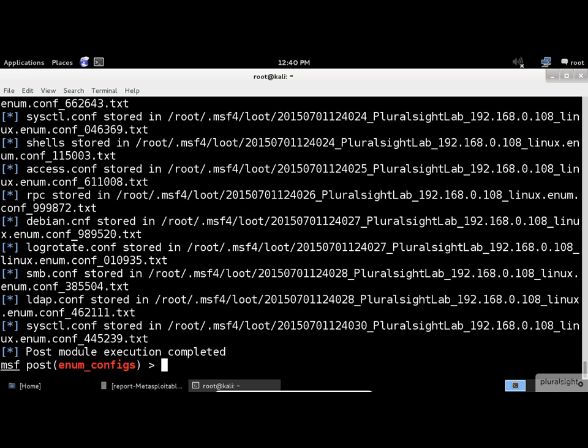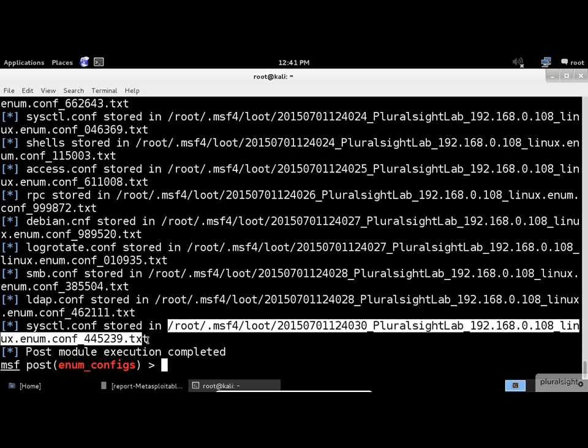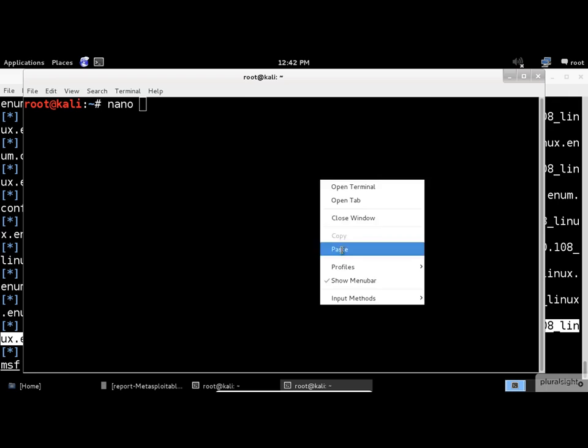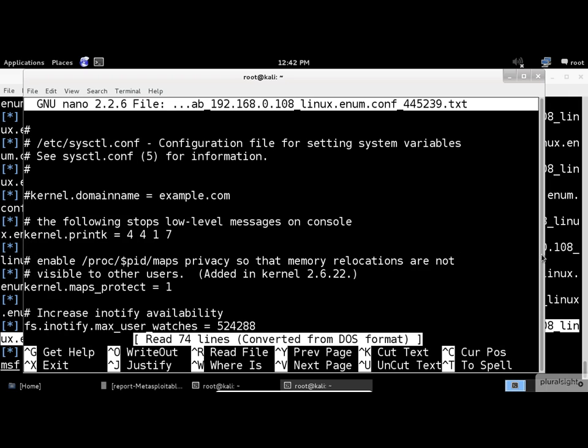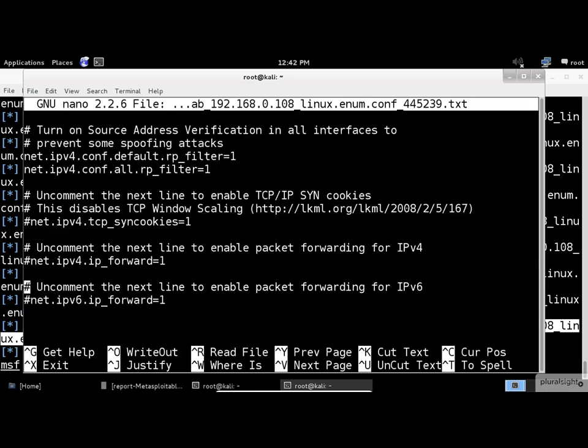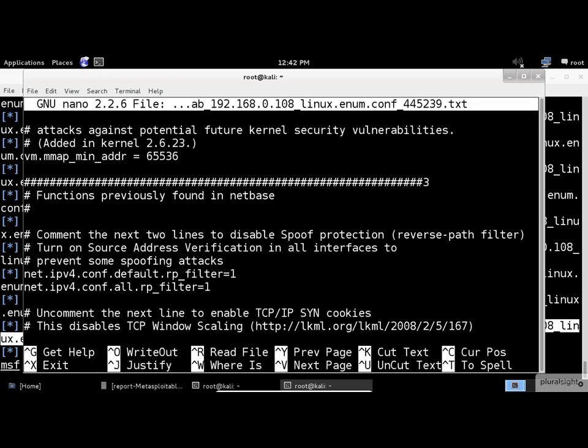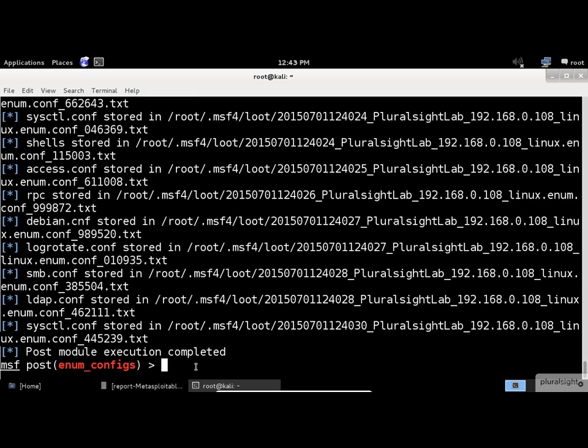Now, if we want to check one of these txt files by using a text editor application, copy one of your choice, open a new console, and use the Nano application to see its contents. Good findings, Metasploit. Let's close it and go back to our main window. This time,